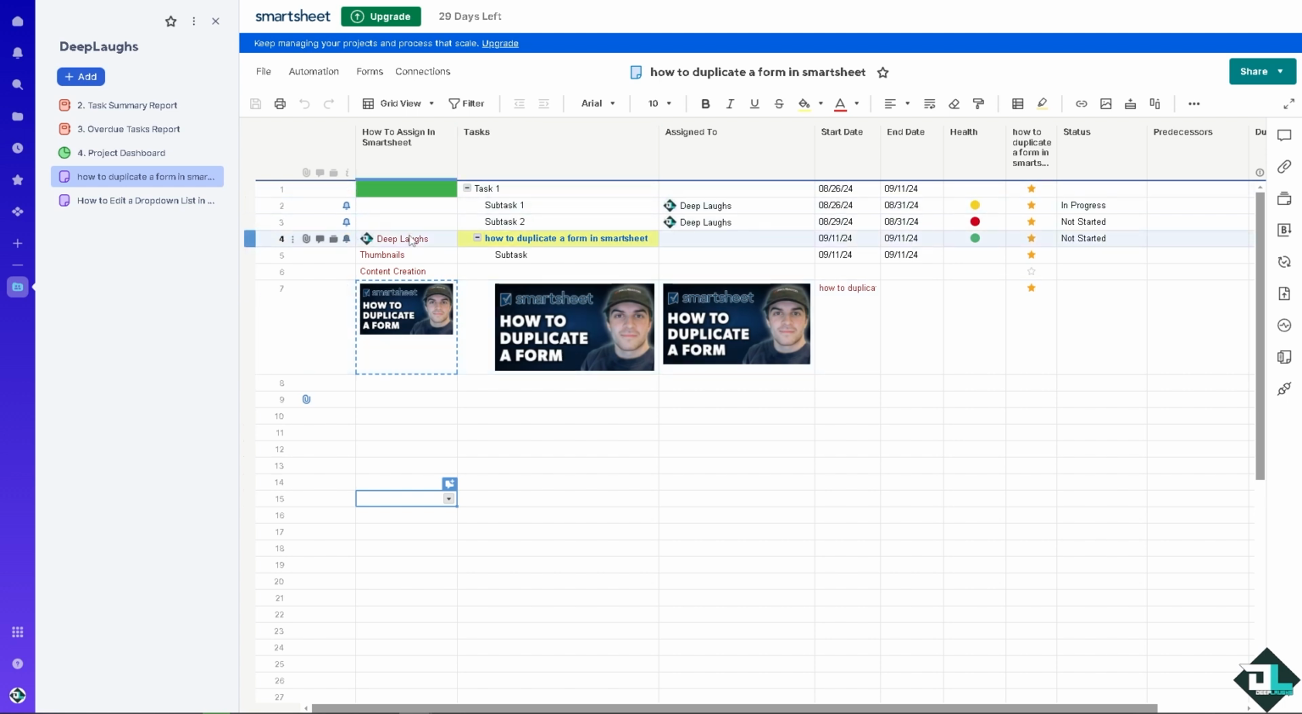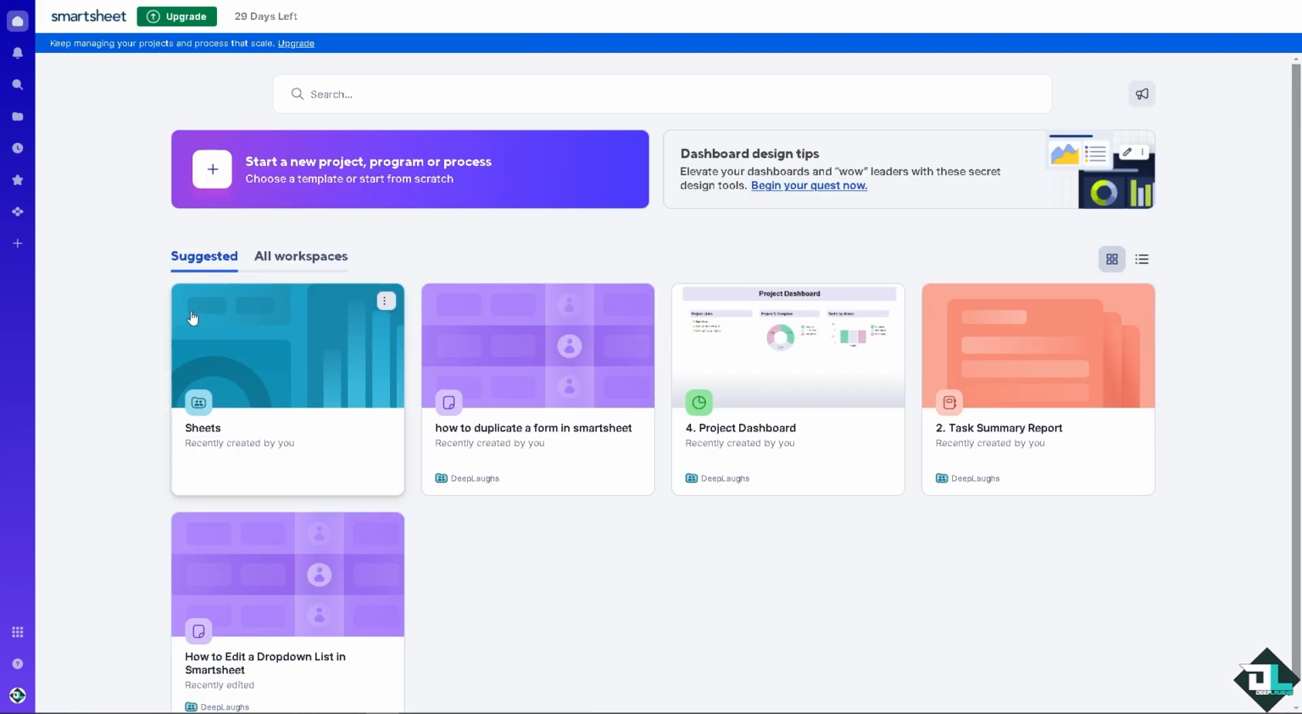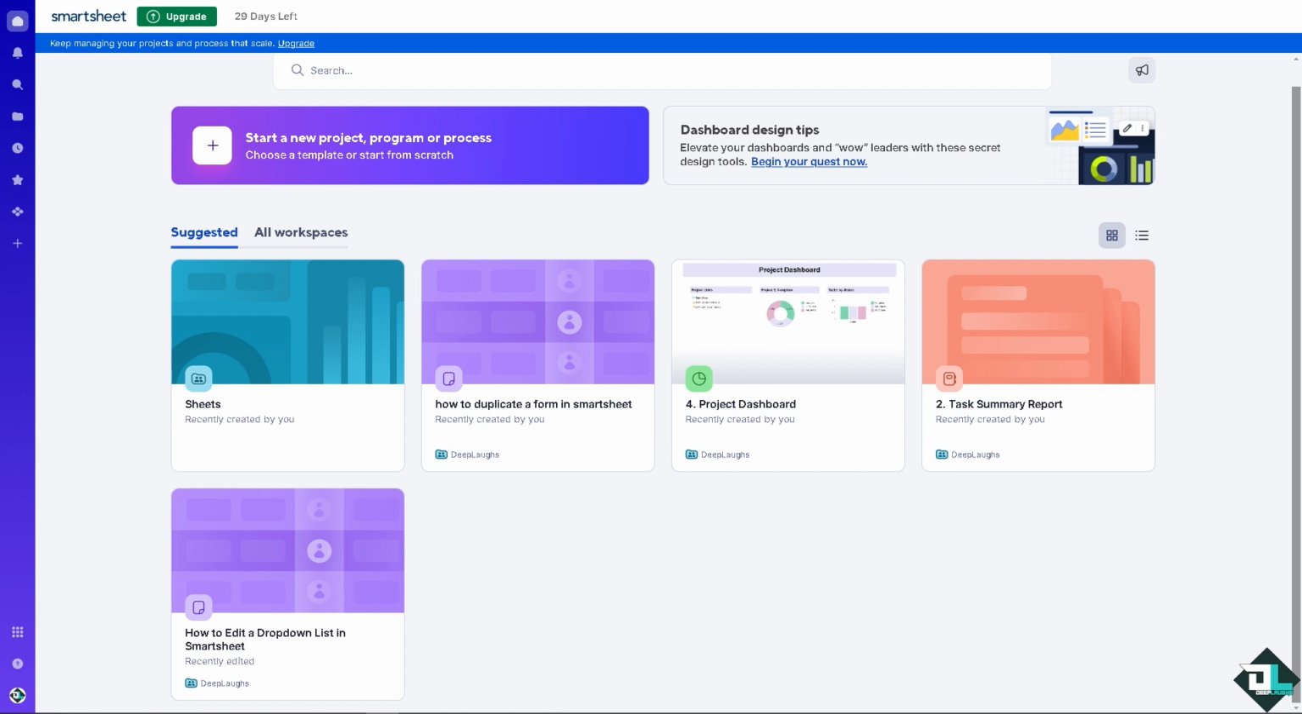Now, for example, you have already chosen the form that you want to duplicate. All you're gonna do is go to the home page, all right? And then on the home page, just look for the form that you want to duplicate. It's very easy. If you haven't had the chance to create a form yet, you might want to click on